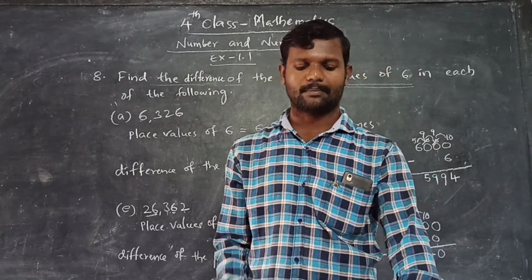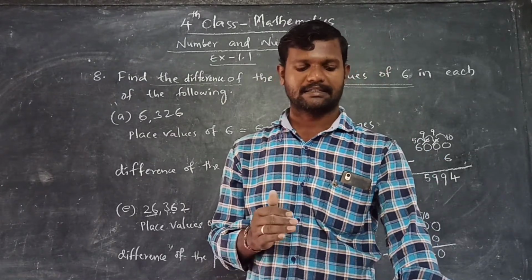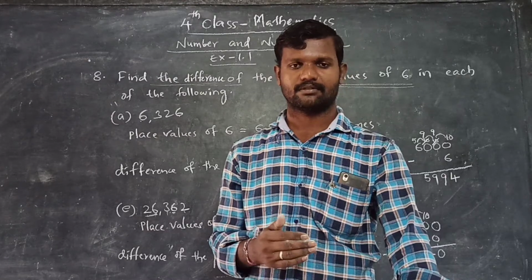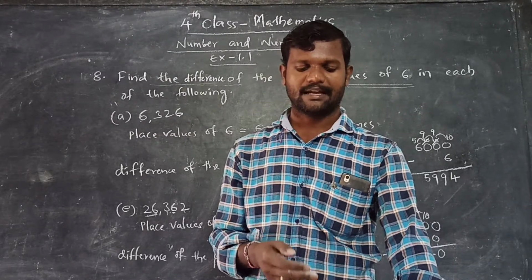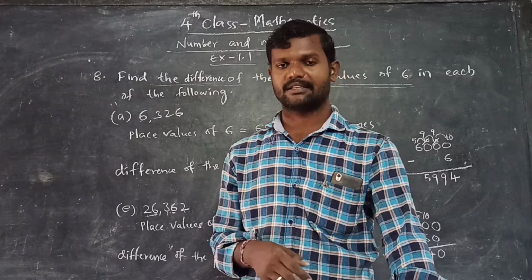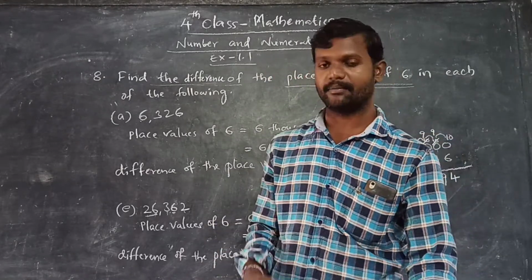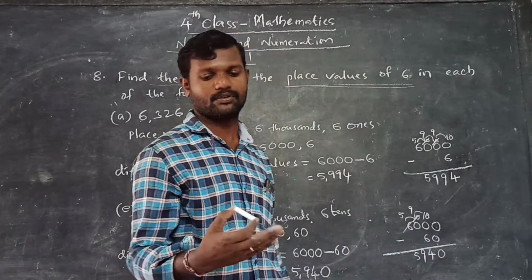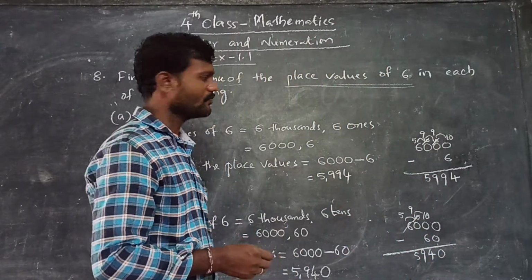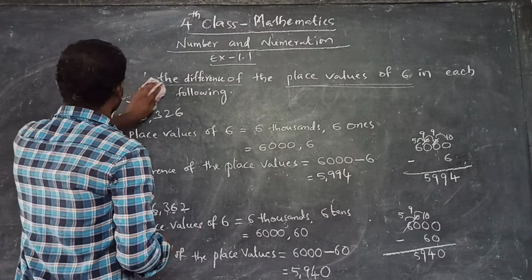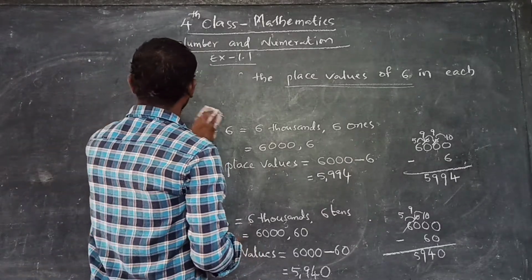Like this, you complete which bits? 8th bit problems. 2 problems are there in the 8th bit, and next 3 problems are there in the 9th bit. Okay, in the 9th bit I said A and E. Remaining B, C, D, 3 problems you do yourself. Okay, 8th bit and 9th bit both are completed.